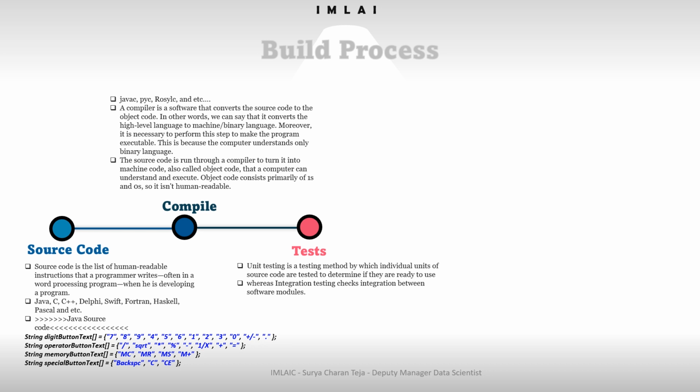Unit testing is executed by the developer, whereas integration testing is performed by the testing team. So unit testing errors can be found easily, whereas in integration testing it's difficult to find errors. So unit testing is a kind of white box testing, whereas integration testing is a kind of black box testing. So the best